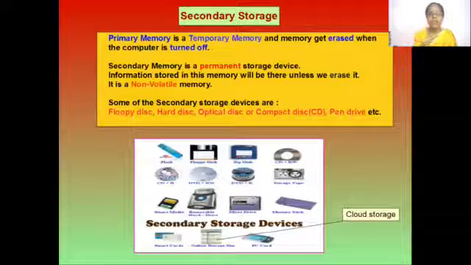Here are some pictures. Right now, most offices are using cloud storage because they can't keep getting lots of memory, as they need lots of work to be done. So they put everything into cloud storage, and it is very safe and secure, and only shared with whom you want. Suppose you have a business, you can share your rate sheets. Amazon uses cloud storage. It shows you all the information of what you want to buy. So it has its own cloud storage. This is cloud storage, and these are some of the secondary memory.